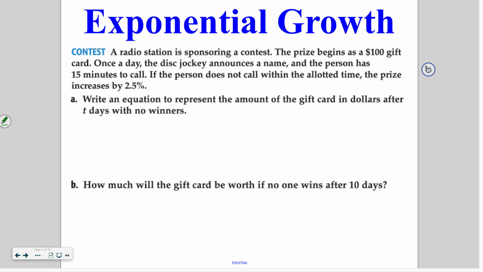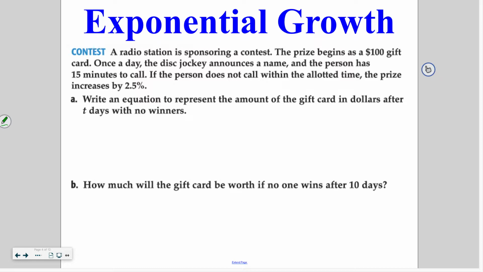So the first thing we want to do is write an equation. This is going to happen for all of your problems, whether it's written out in an A-B format like this or not. The first step is always to write the generic equation. This is the expectation on the homework as well as the expectation on the test. So our first problem is to write the equation to represent the gift card amount in dollars after t